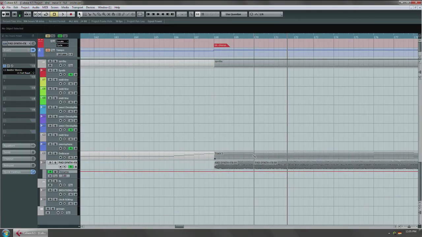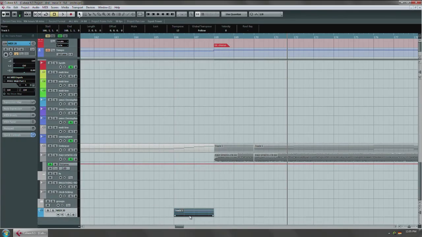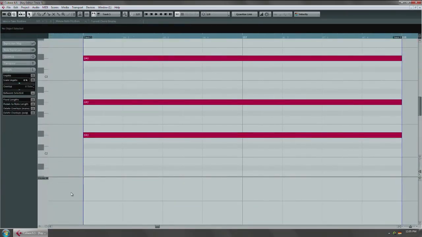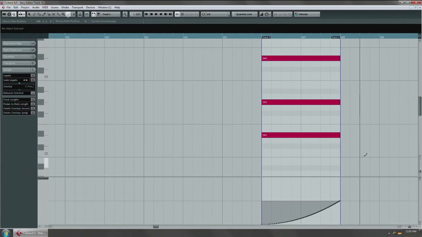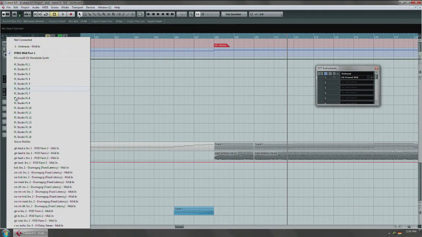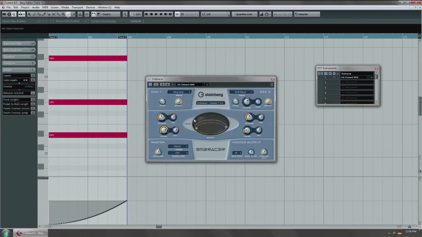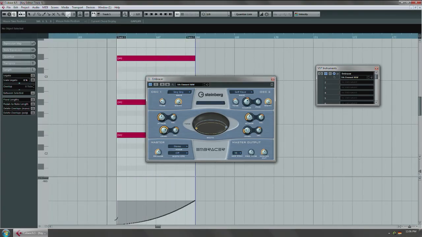You can literally take a chord like this from this MIDI track here. And then you just go into the pitch bend and do like a parabolic shape like this. And then you just assign some kind of instrument to it. So I could like send this to the Embracer pad that we have on this. And then typically the plugin will have its own controls for what your pitch bend actually means. So for this particular one,